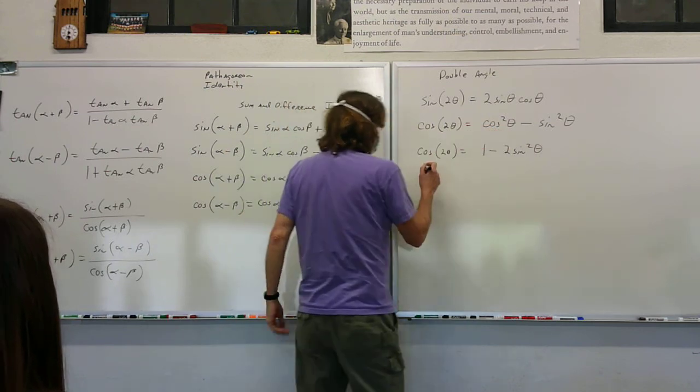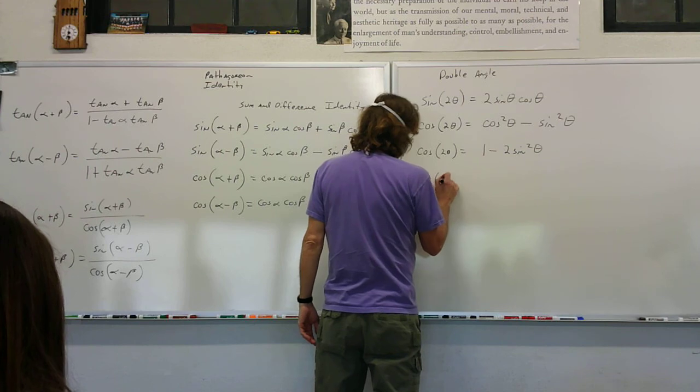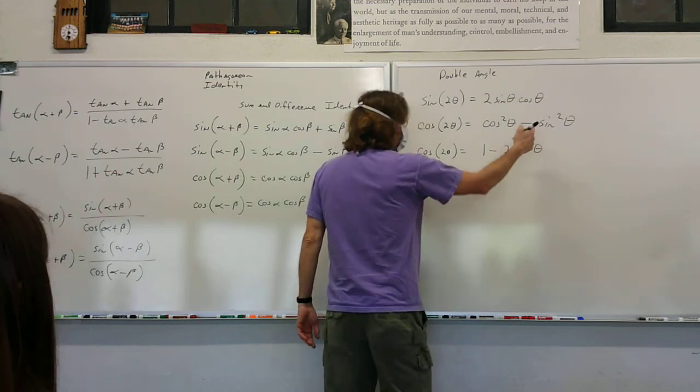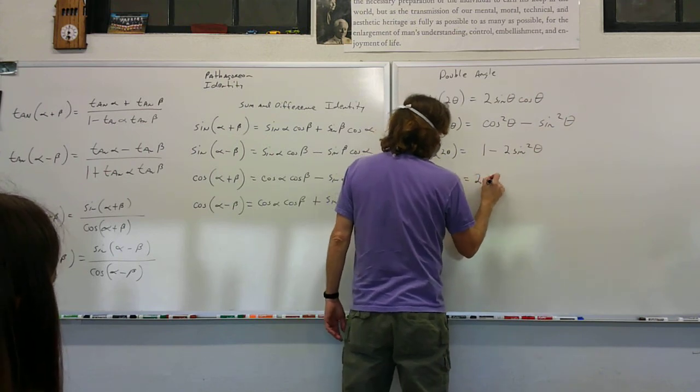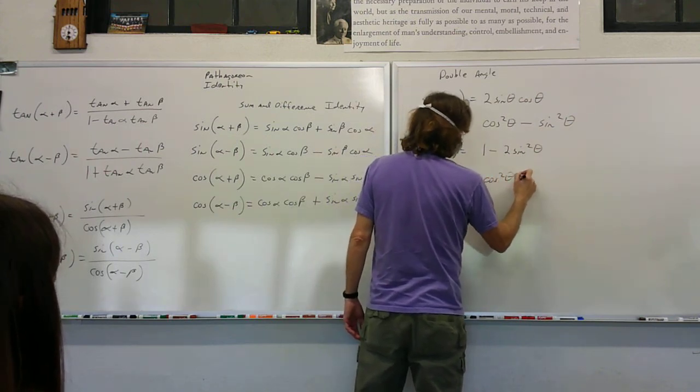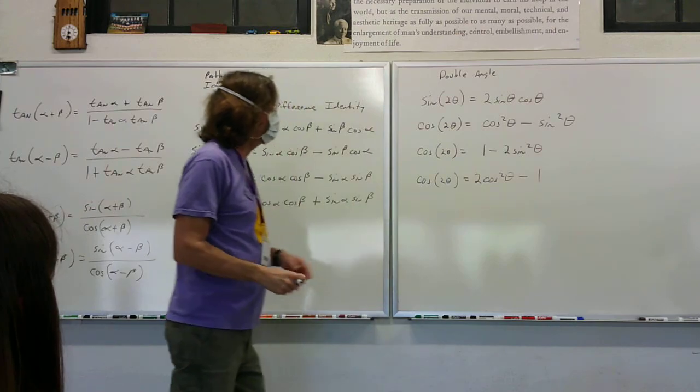And that's another way to write this one. And then cosine 2 theta, you make that 1 minus cosine squared, so you get 2 cosine squared theta minus 1. And all you've done there is